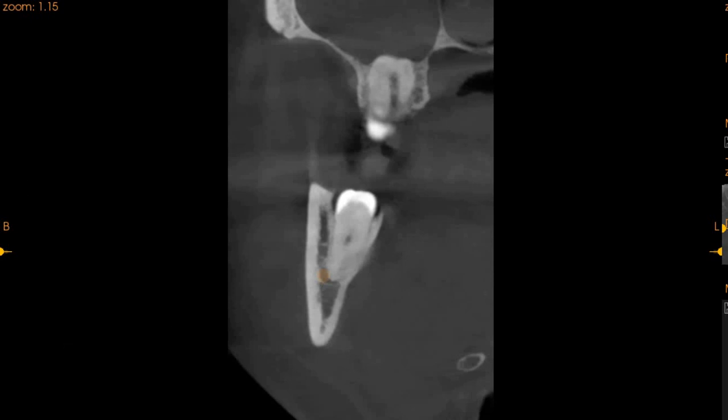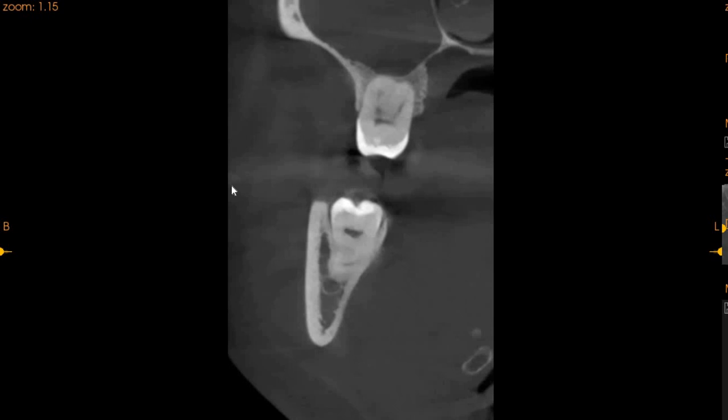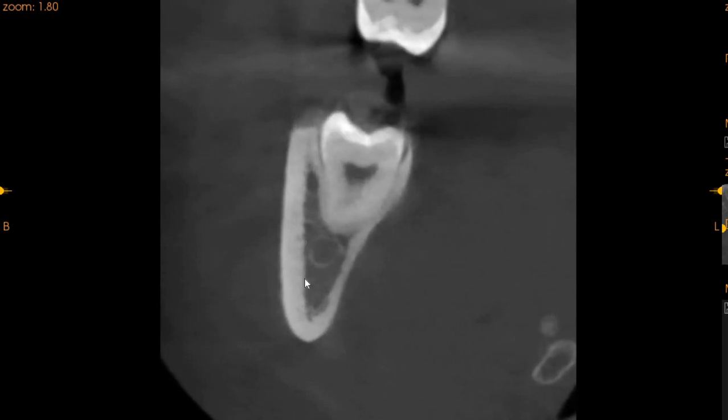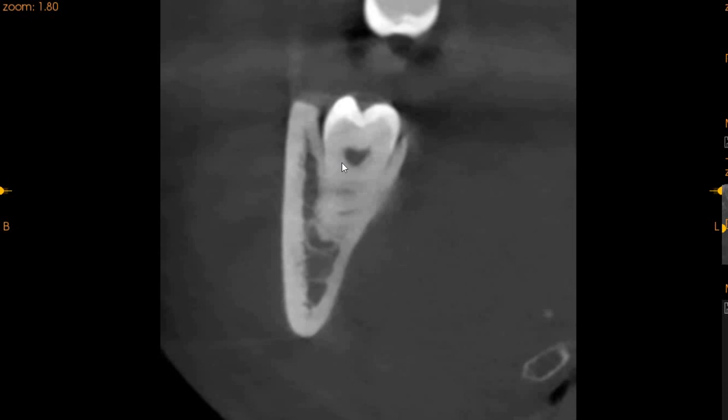Now, for your kind understanding, I'm going to turn off the highlighter for the inferior alveolar nerve, and this round portion is the canal. Now, as you can see, the canal usually has a rounded morphology, but as we're getting close to the apex of this wisdom tooth, you can see that the canal converts into a kidney bean shaped or a bean shaped morphology, and this is a classical indication that the wisdom root is pushing against the inferior alveolar nerve,